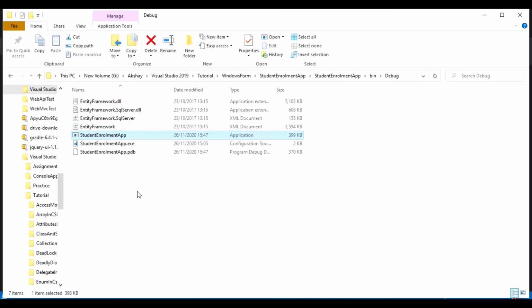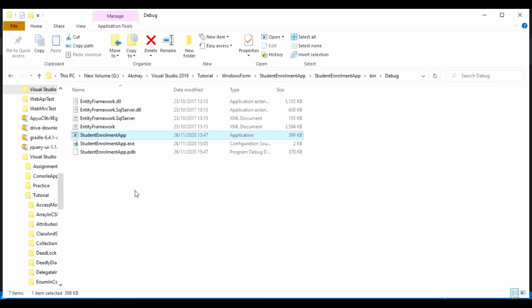Now if you want to learn more about these assemblies, how these assemblies get generated, and how we can see the intermediate language code of these assemblies as well, all these things I have explained in my .NET Frameworks tutorial series. You can follow that series and you will know all the basic things about the .NET framework, as well as how we can generate these assemblies, how we can see the intermediate language code of these assemblies, how we can strong name these assemblies, and why it is important to strong name an assembly. All these things I have explained in that tutorial series, so if you want to know more about this, you can check that tutorial series.